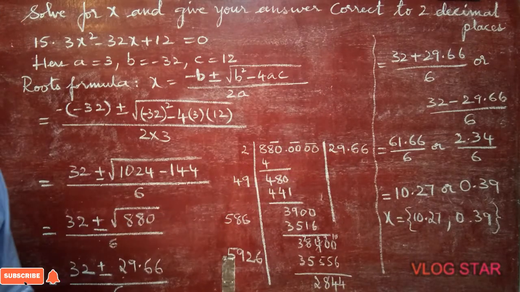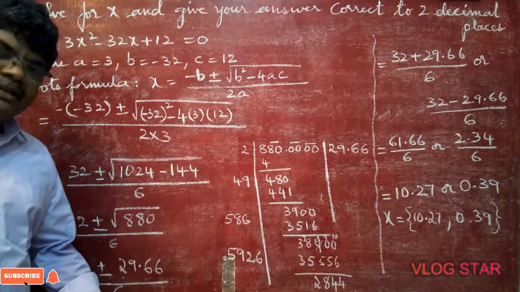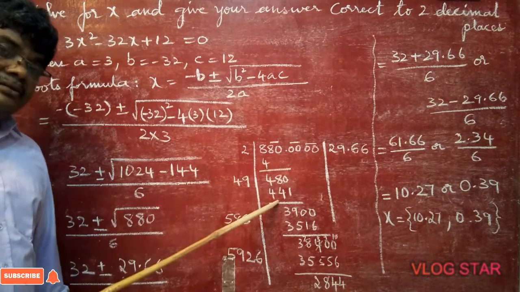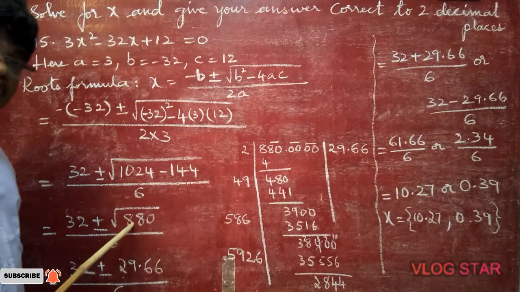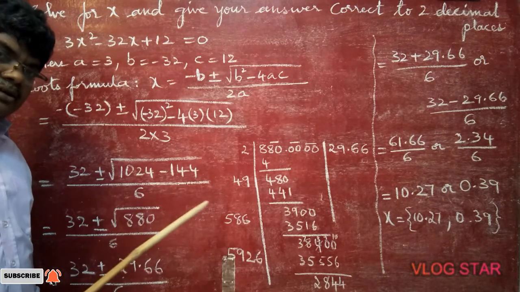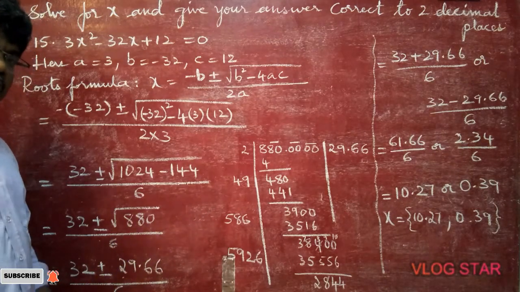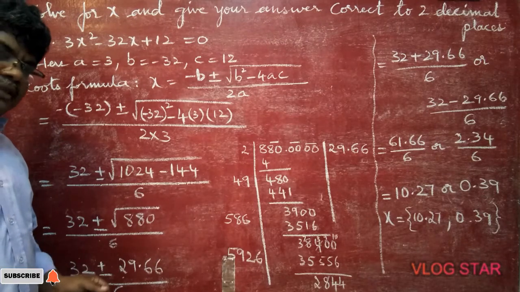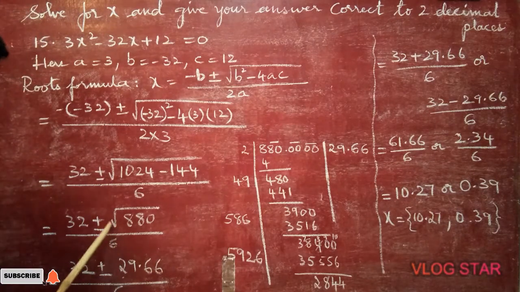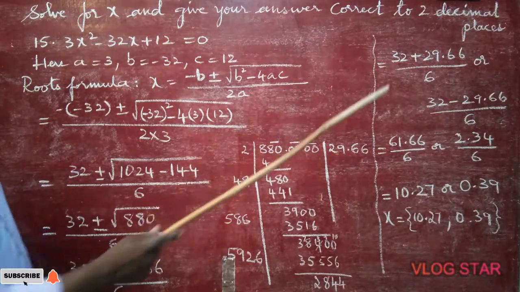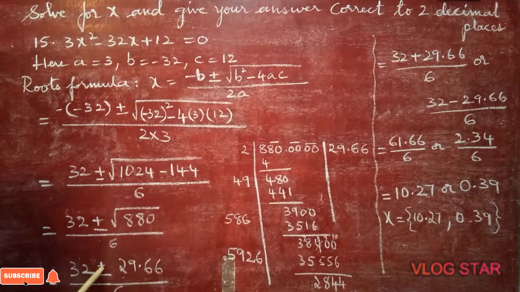2 decimals enough. This is the long division method. In 8th class we have learned seeing logarithms and finding answers. In 9th class we have learned. So you will have log books. Seeing that one you can write this value. What is the square root of 880? It means 29.66.